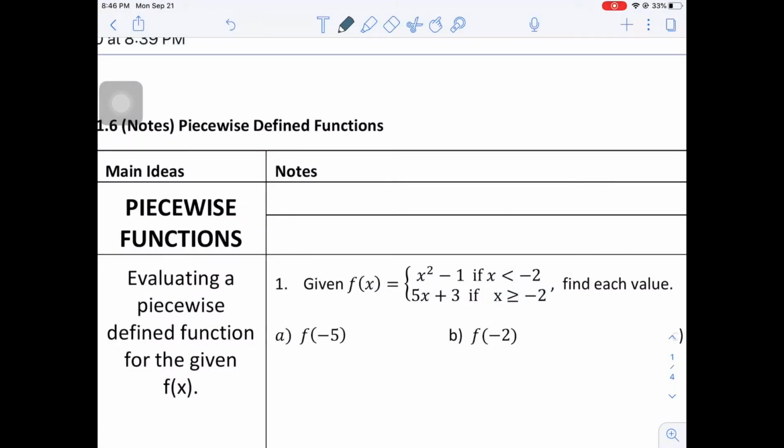Alright guys, so now we're going to be talking about 1.6 notes. So these are piecewise defined functions. So let's start with defining what a piecewise defined function is. So it is a function